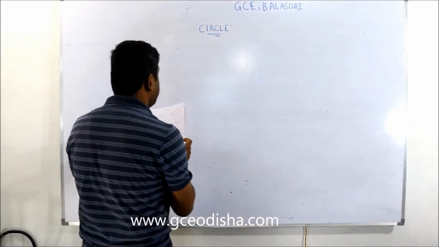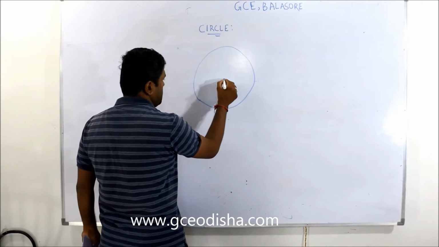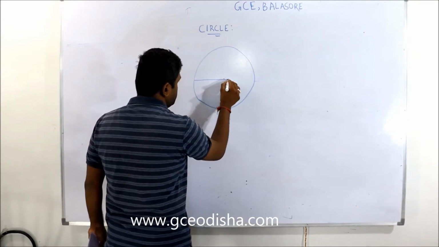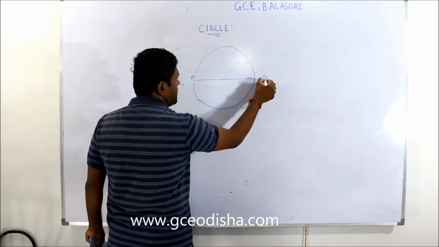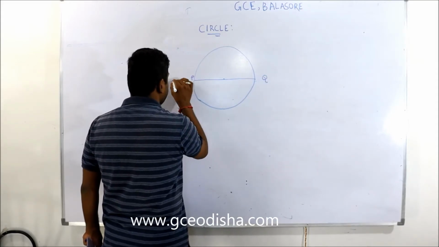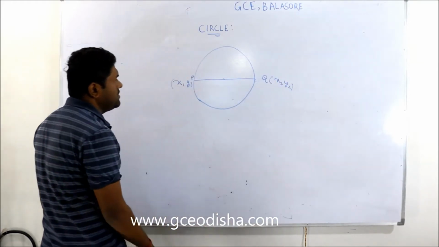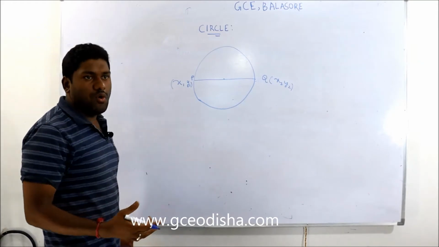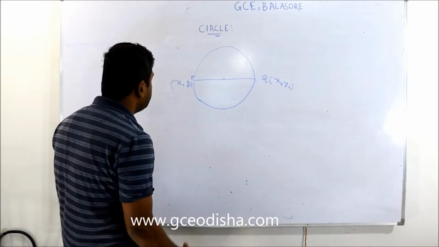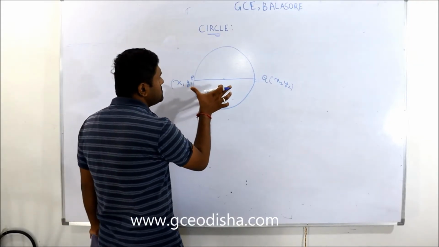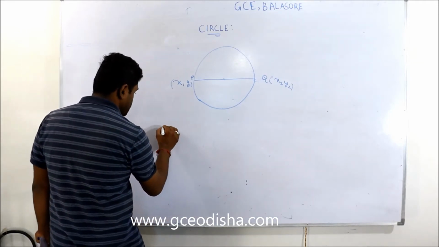Another thing is there, like this is a circle. Okay, this is the center. When you join 2 points, like this point is point P and this is point Q. The point P is (x1, y1), point Q is (x2, y2), right? And they asked to find the equation of the circle when the 2 points of the diameter are given. Okay, then what is the equation of the circle?